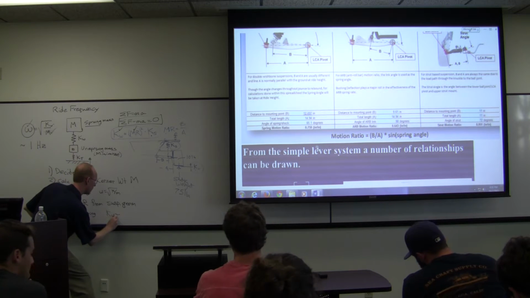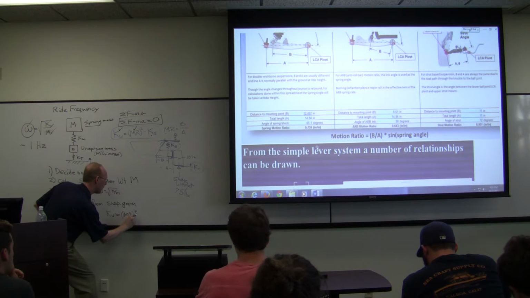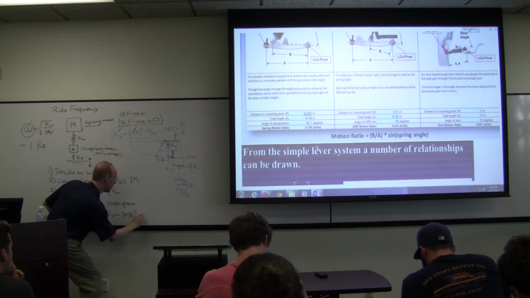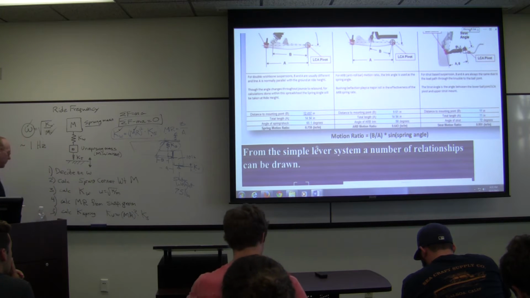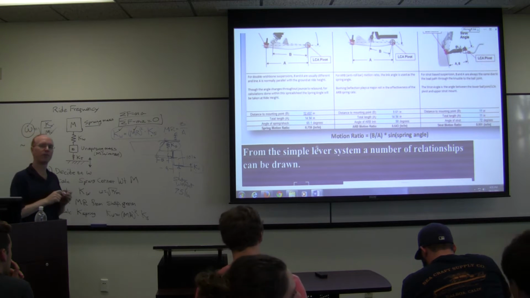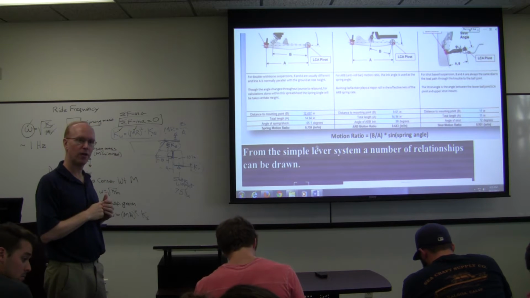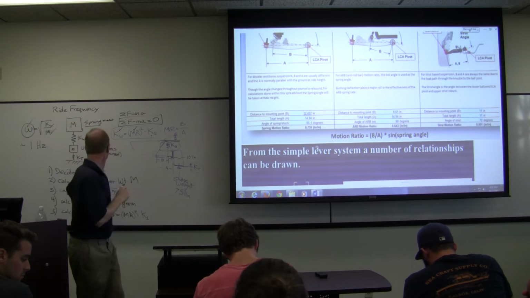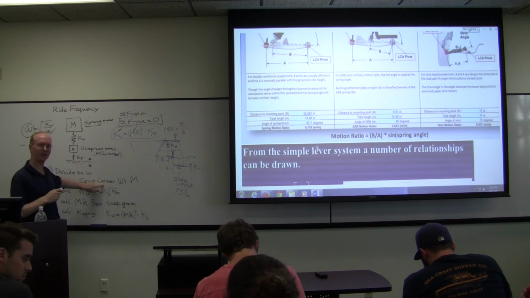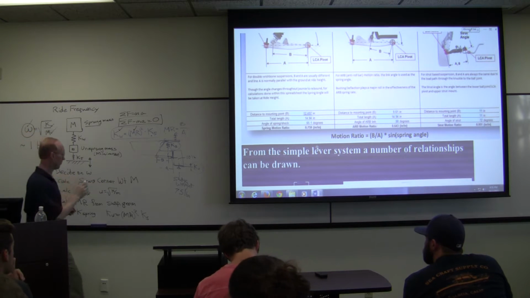k wheel equals motion ratio squared times k spring. Great question. And also for the M, do you divide by 4 because it's 4 wheels? Yeah, and so that's what corner weight actually means. So the full picture would be,